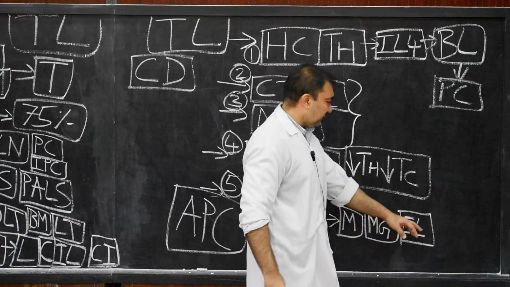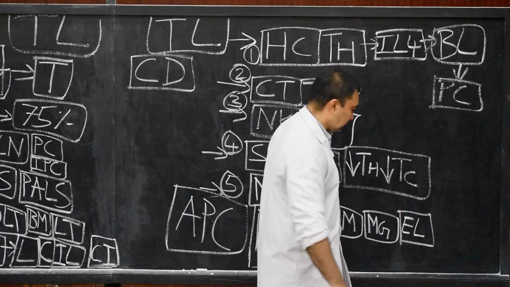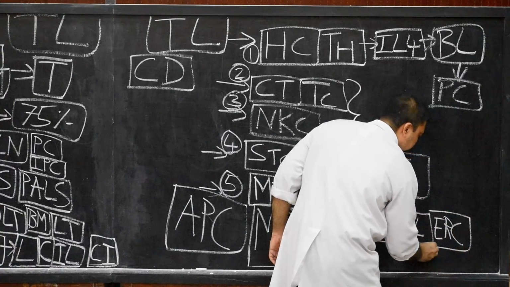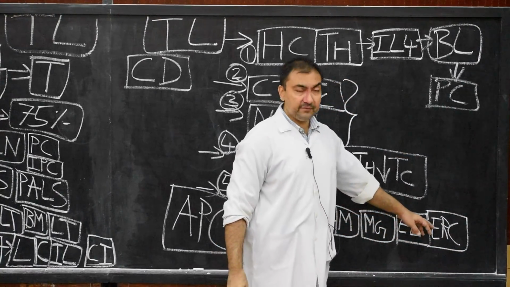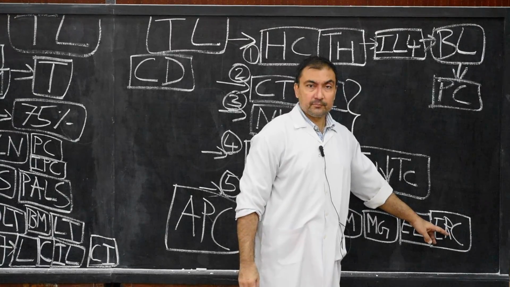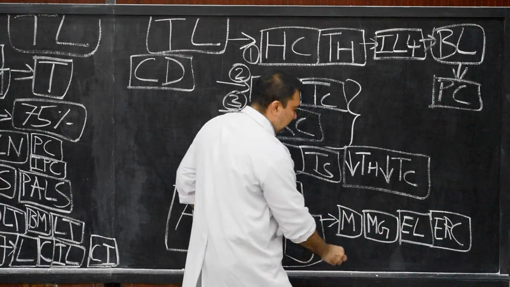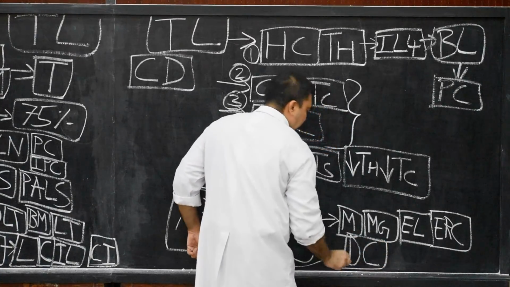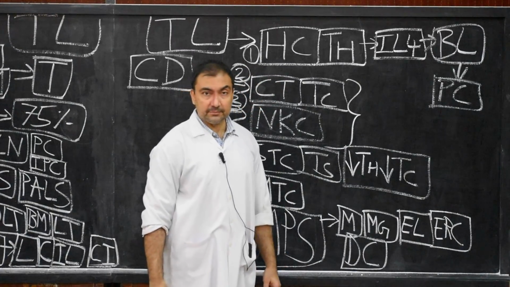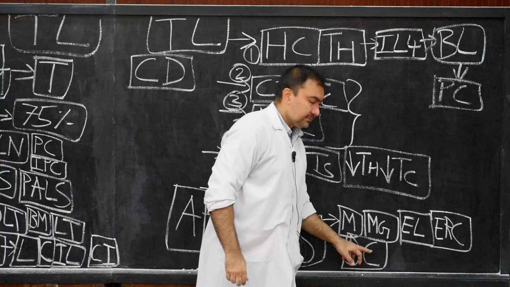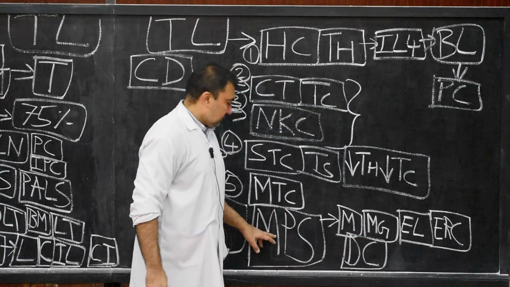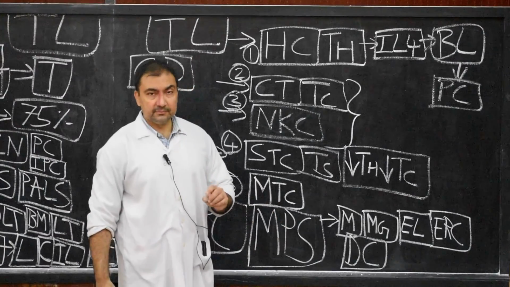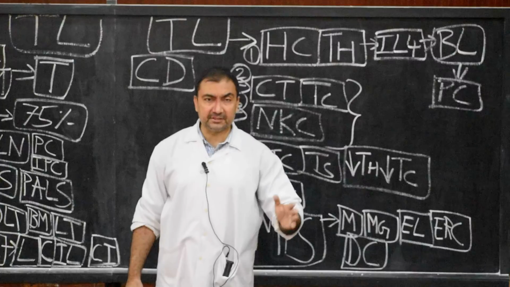And they are also known as epithelial reticular cells. Where are these cells found? Epithelial reticular cells are found within the thymus. And also various types of dendritic cells, which are found within the immune system, within the lymphoid system. All these cells belong to the mononuclear phagocyte system, that is antigen presenting cells. So here we finish the general anatomy of the lymphoid system. Thank you very much.